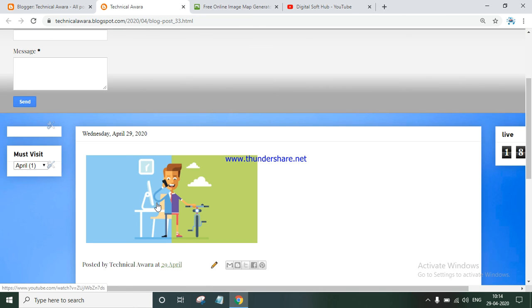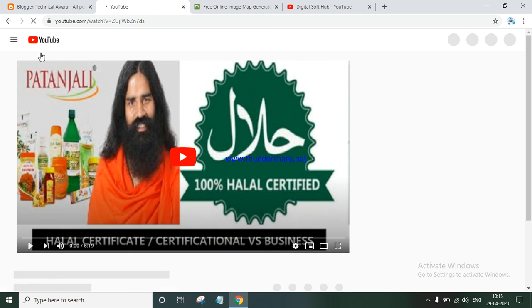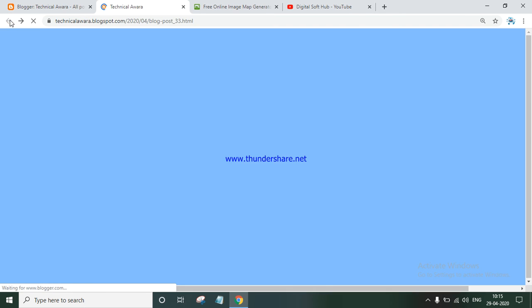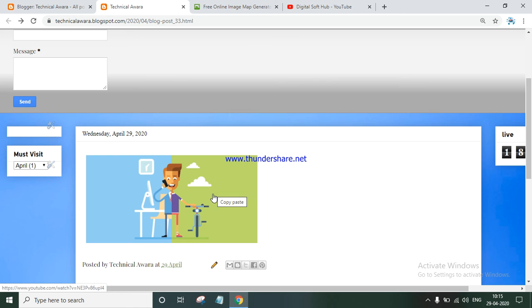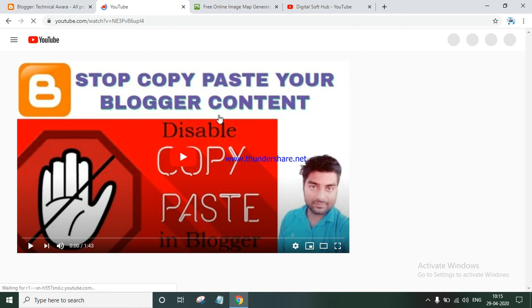Again you can see, guys, this image is now clickable, and here you can see first one is written and here copy paste is written. If you click on the blue side, the first link will be opened, like you can see this, and if you click on another side, like I am clicking on the green side, another site will be opened.